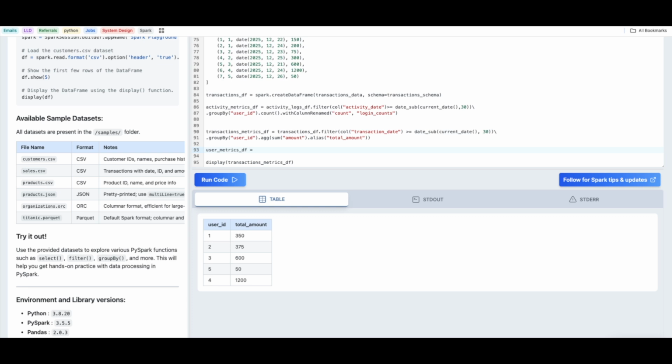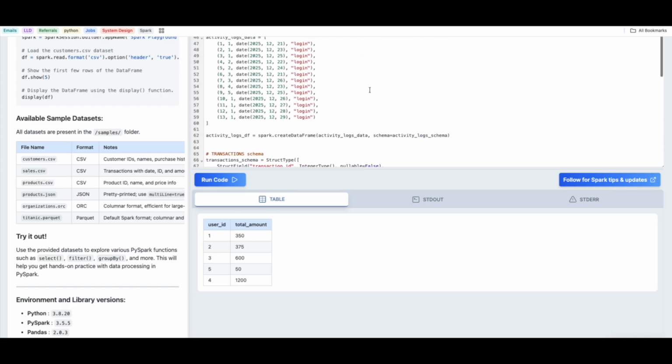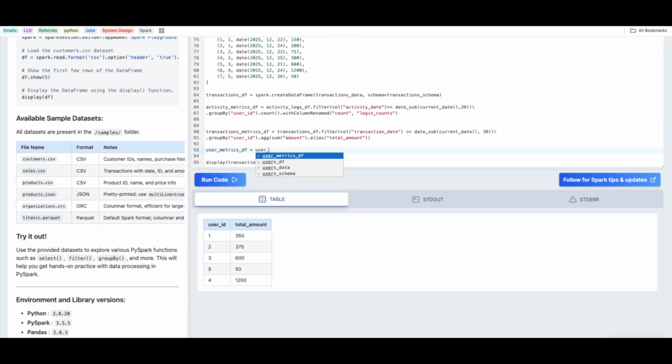How do we do that? So basically it will be a join on the users data frame, which is users_df.join transactions_df first. I'd also like to give them an alias of u and transactions_df.alias as t. Right, what we need is basically a left join on u.user_id equal to column t.user_id. What type of join? It's basically a left join,